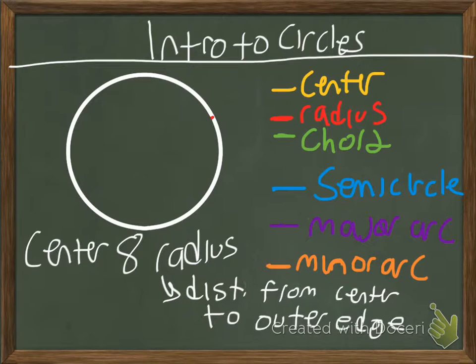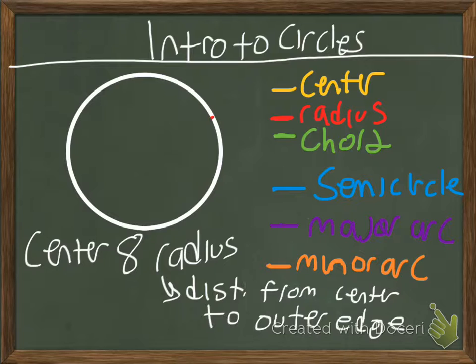All right, intro to circles. So as you can see here, we've got our 6 items we'll talk about that make up a circle. And then in this video, we'll also talk about the arcs of a circle and their measure and the circumference of the circle. So to start with the circle, the definition of a circle is we have a center point, and